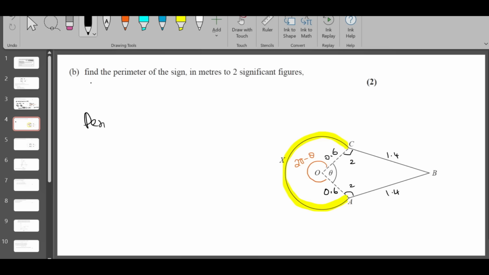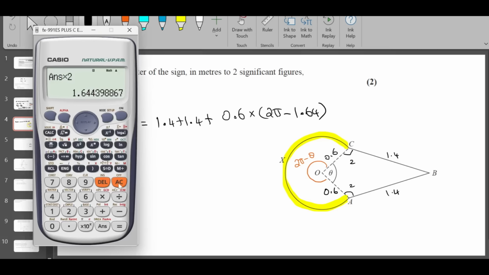So perimeter is 1.4 plus 1.4 plus the formula to find the arc length, which is r theta, radius times theta, where theta is 2 pi minus theta. 1.4 plus 1.4 plus 0.6 times 2 pi minus 1.64, close the bracket. They want the answer to two significant figures, 5.6